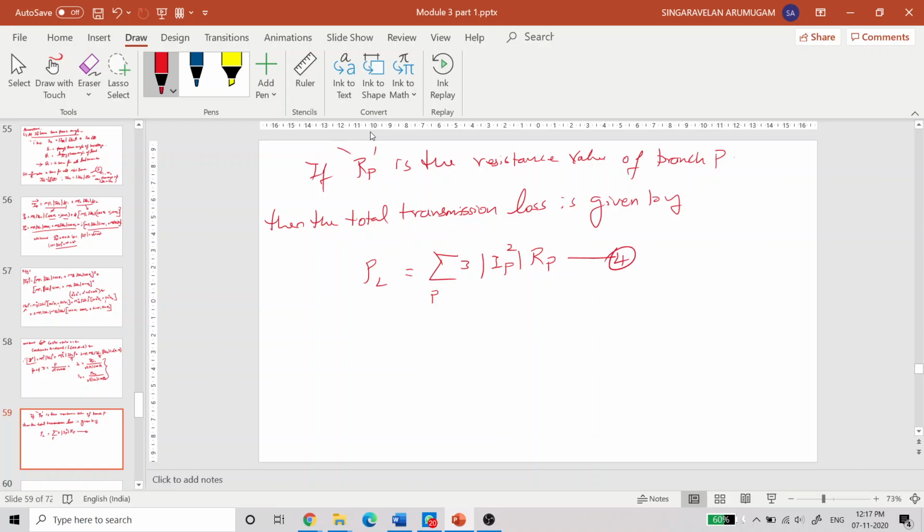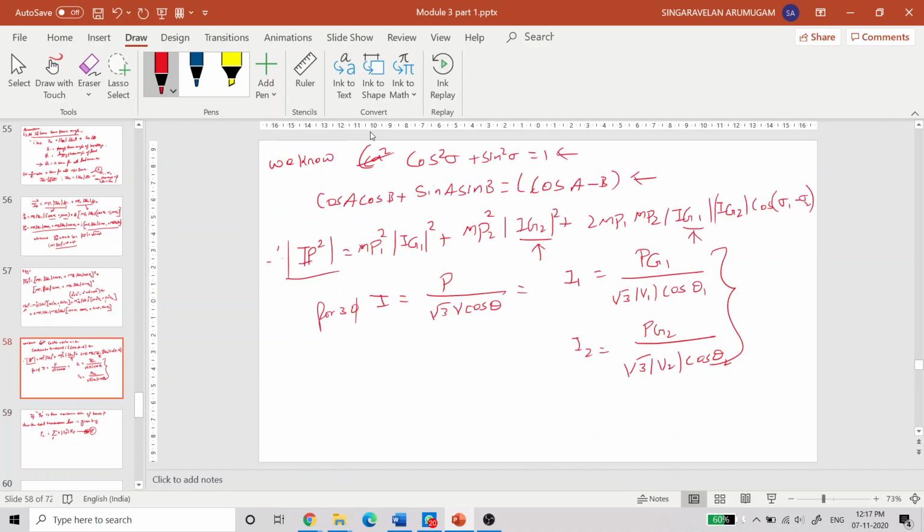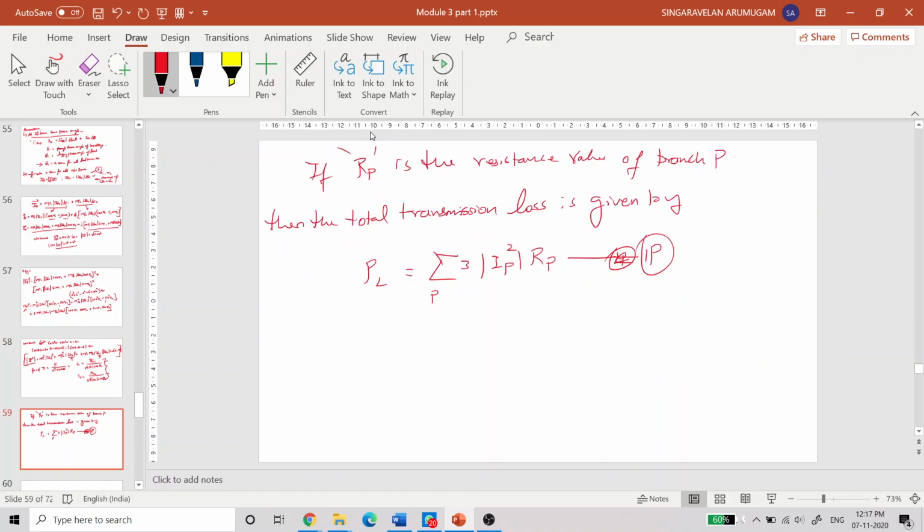So this will be considered as some equation number. You can consider any number, because I am not following the equation numbers. If it is, for example, equation 1P, then substitute the value of Ig1 or Pg1. So we got the IP square value, where IP square is there, and then in this equation itself we need to substitute the I1, I2 values. After getting the updated IP value, we need to substitute this in this 1P equation.